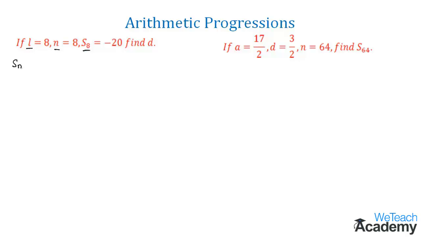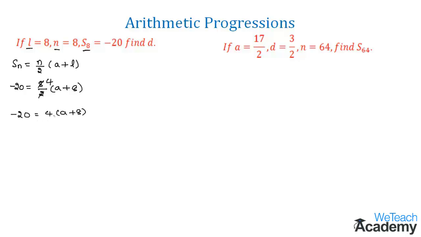So we know the formula that the sum of n terms is given by n by 2 into (a plus L). Here Sn is nothing but S8 and its value is given as minus 20. So let us write over here: minus 20 is equal to n, which is here 8, divided by 2, into (a plus 8). Now by simplifying, we get 2 1 time is 2 and 2 4 times is 8. And this would come as minus 20 is equal to 4 into (a plus 8).